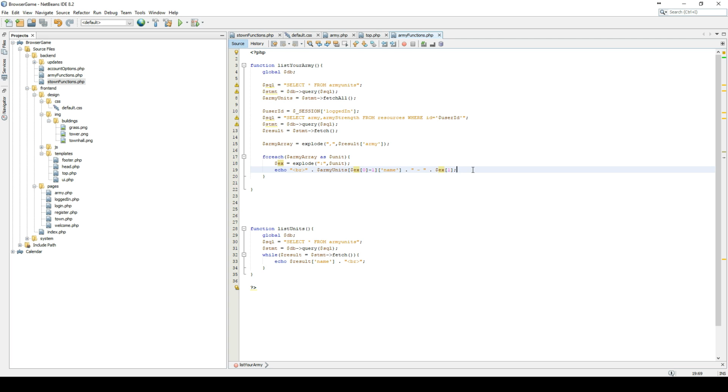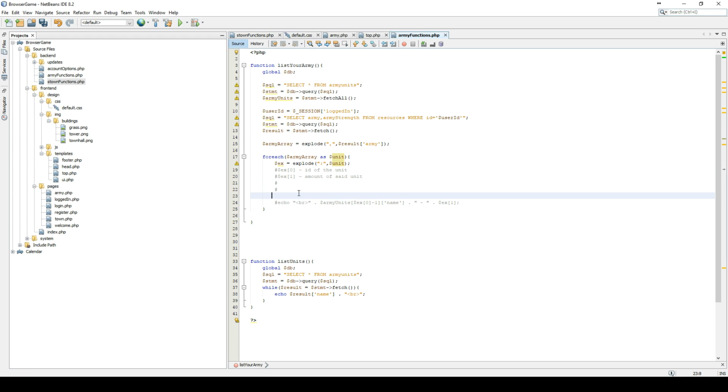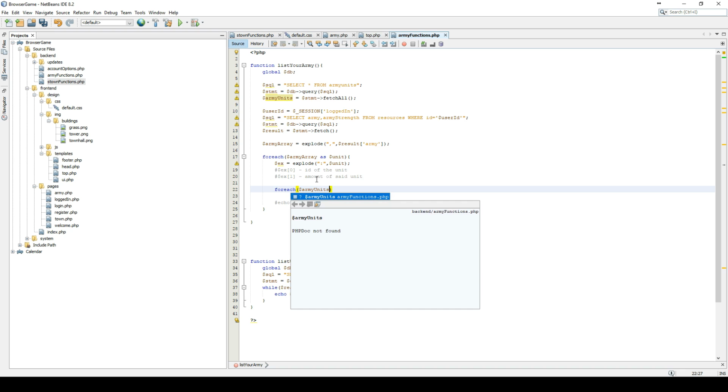I can't actually think of a good solution right now. So let's do a bad solution right now. So we know that we can do like this. EX0, oh, I actually accidentally turned on caps. That is the ID of the unit. And the EX1 is the amount of said unit. Right? So what we can do here, instead of doing this... Oh, didn't know the editor would do that. So what we can do is to say, we can just cycle through the army units. And yeah, it's a bit messy, but